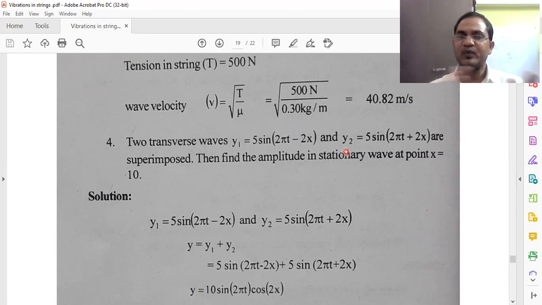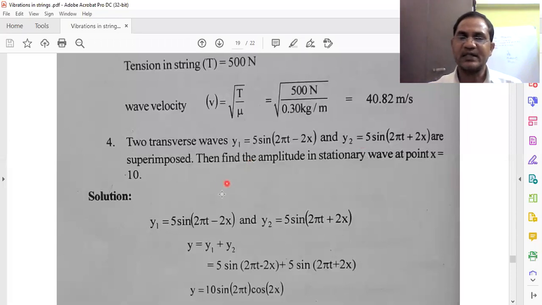Because of the superimposition of the forward and the backward wave, we get standing waves or stationary waves. That is what we discussed in the modes of vibrations in a transverse string clamped at both ends. Fundamental frequency f is equal to 1 by 2L of root T by m, first over second. All these things we discussed there. Simple. Y1 is given, Y2 is given.